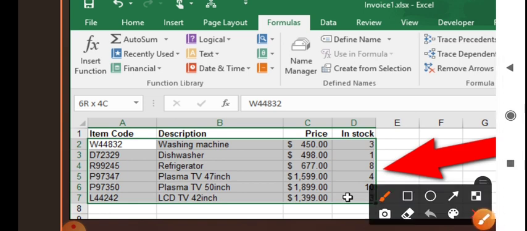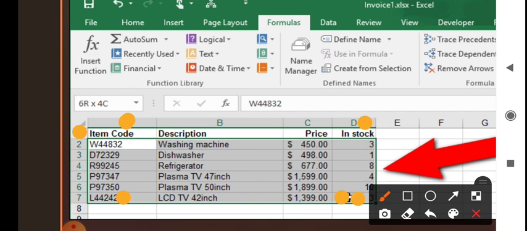This is A1 and this is column D. So till D7. If you say A1 till A7, that is wrong, because I have selected a group of cells till D7.